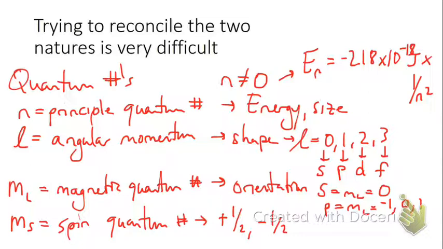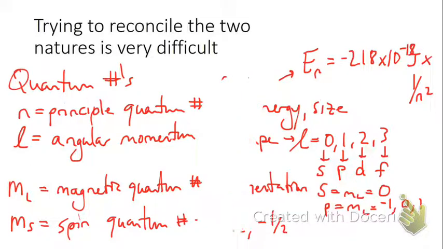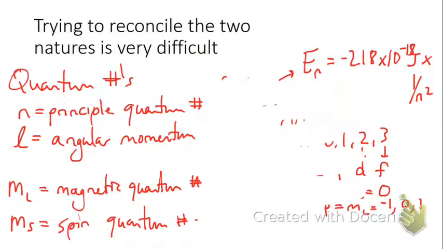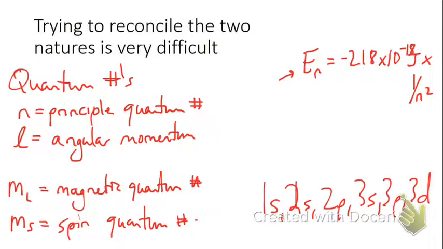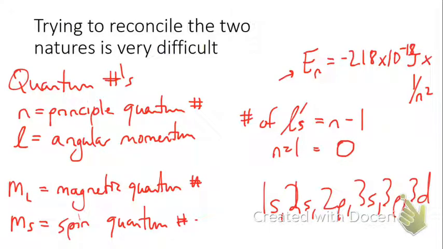So, another important thing to note has to do with these l's. And so, how do we know which sublevel has which orbitals in it? When we look at these different ways that orbitals are drawn, we usually draw 1s, and then we usually have 2s, 2p, 3s, 3p, 3d, and then 4s, 4p, 4d, 4f, and so on and so forth. So how do we know 1 only has an s, 2 has an s and a p, 3 has an s, p, d? The way you do that is the number of l's is equal to n minus 1. And so for n equals 1, that would be 0. And we said l of 0 is s. If n equals 2,